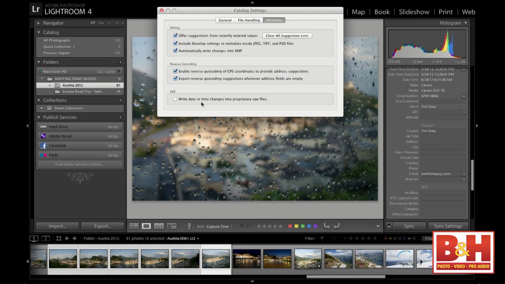Now, the risk, just so you're aware, is that during this process Lightroom might make a mistake and totally corrupt all of your photos. It's conceivable. It's not something I worry about. So for my normal catalog, I just leave this option turned on. If I made a mistake